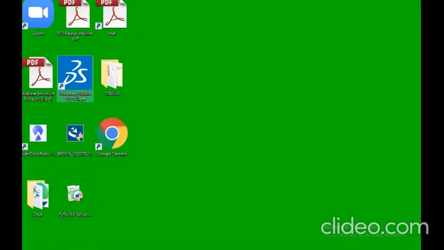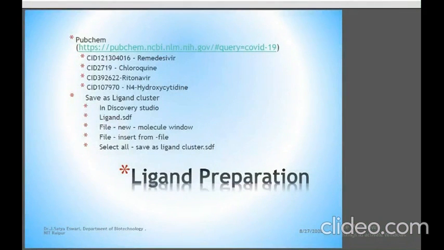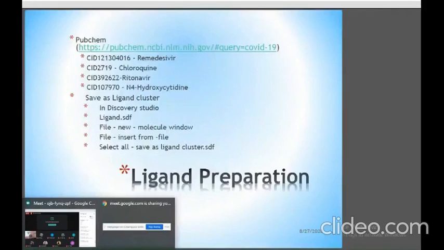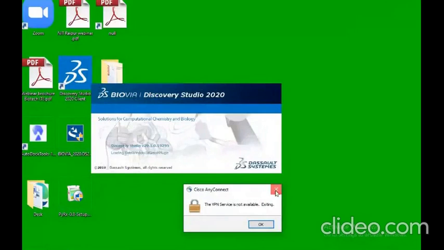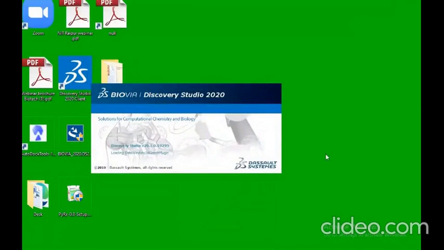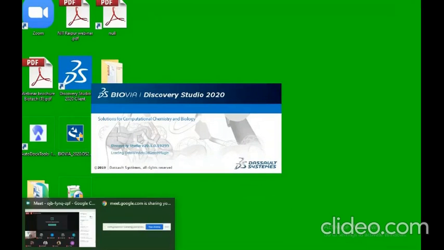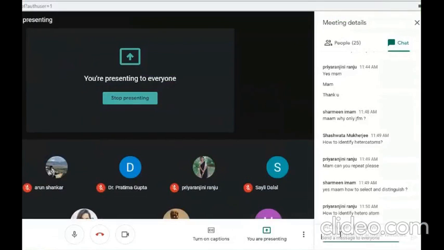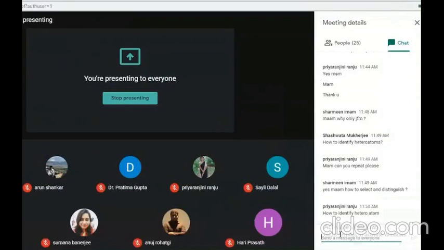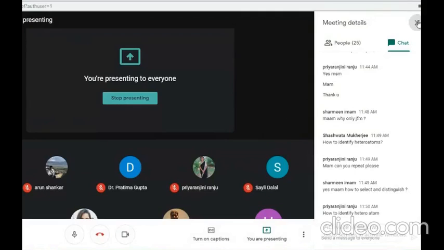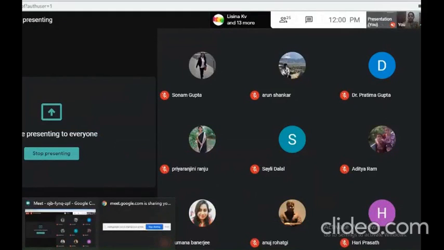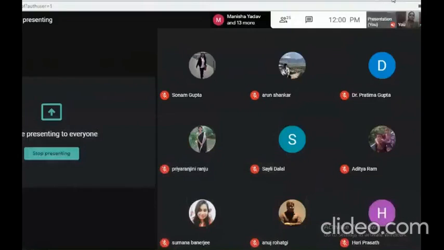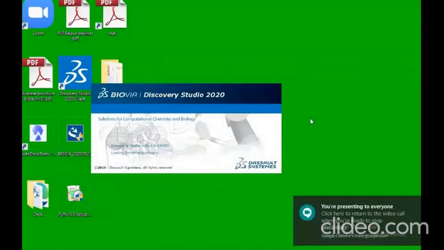What we will do here, we will try to convert the SDF format and save in a cluster form, all ligands at one place. Discovery Studio is taking some time.